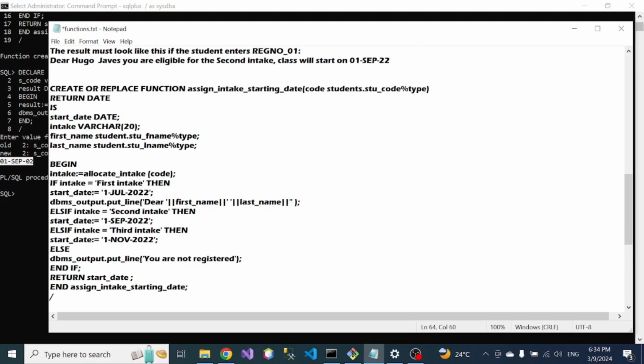After that, we put this one: you are eligible for the intake. Dear first name, last name, you are eligible for the intake. Maybe first intake. For this one, it's first intake. You just take the variable intake, you put it here. You are eligible for the intake,